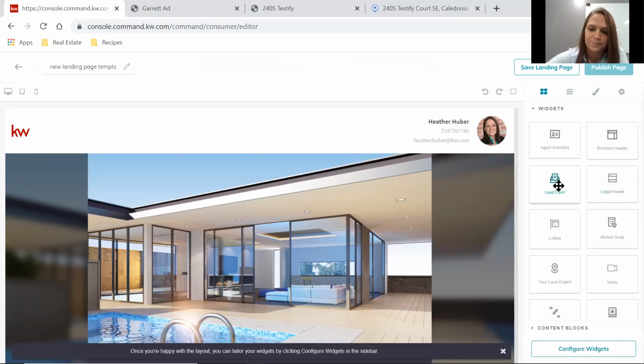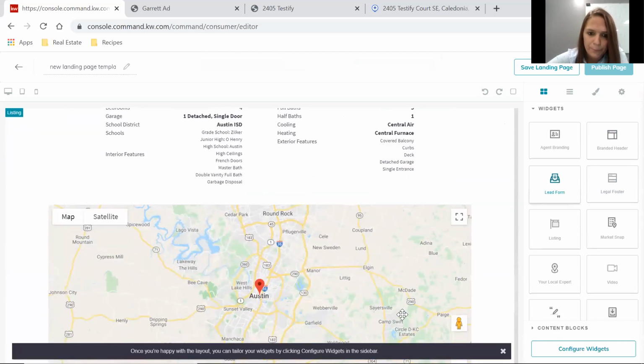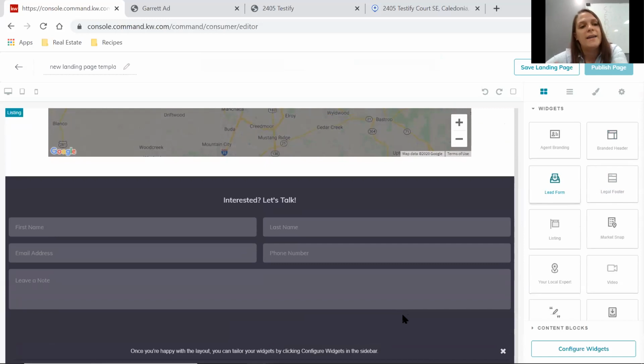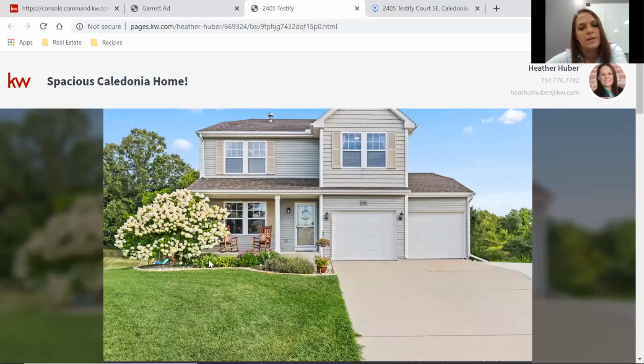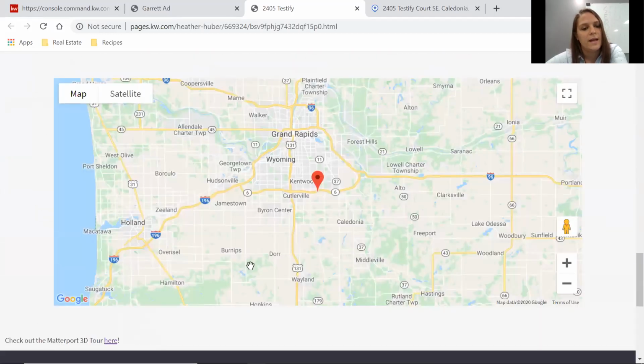Oh, lead form. And I'm going to put that down here at the bottom. It'll let me. Hopefully that goes to the bottom. Yep. And now another thing I might want to do, like in my page here, I put in a text